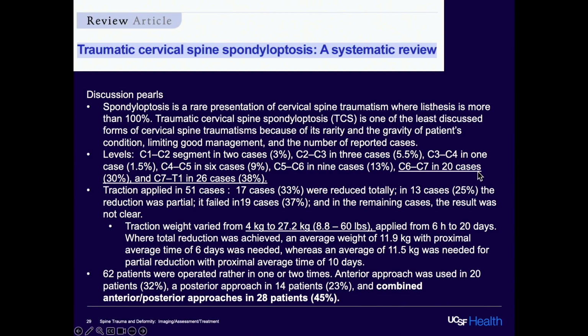So in general, for spondyloptosis, these cases are fairly rare, but in the literature they are borne out usually at the lower cervical spine. C6-7 and C7-T1 are the most common areas. Traction is almost universally applied before surgery. Typically, because that level is several subaxial segments below, you're going to be working in the 50 to 40 pound weight range for reduction. And although many patients can have spinal cord injury, with combined approaches, being able to achieve at least an ASIA D or a grade better is possible with early intervention.